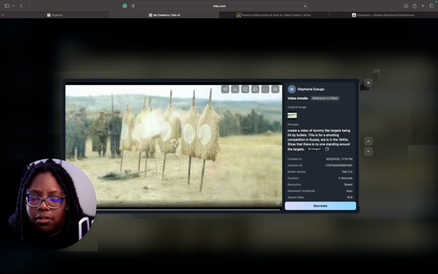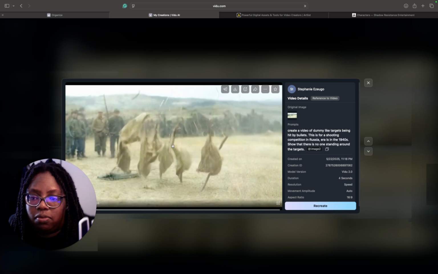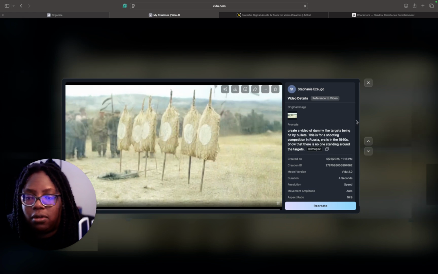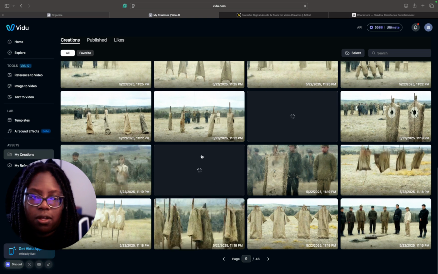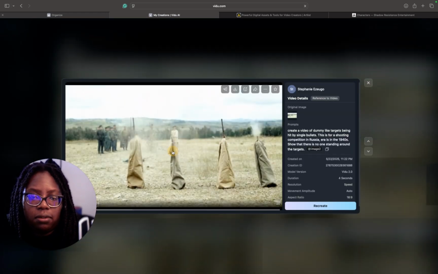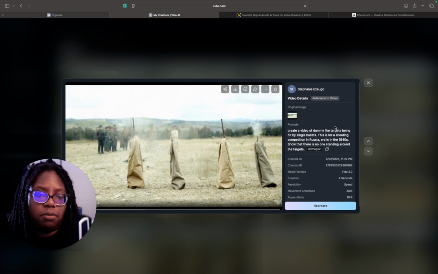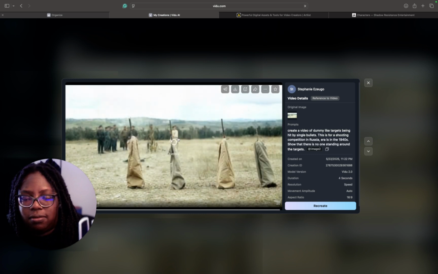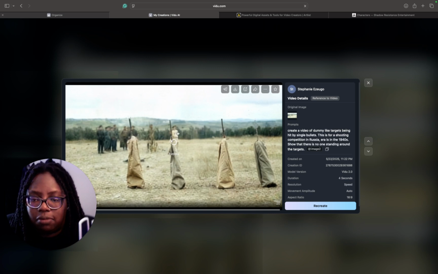So I don't know if you could tell, but I just felt like there was basically a whole gun shower going on, like multiple gunshots coming from multiple guns, and that's not what I was going for. So I had to add, and I'll just use this one because this is what I ended up using. Create a video, and again, same thing, dummy-like targets, blah blah blah. Make sure nobody's standing around, and I think I added being hit by single bullets. Now, besides that person or dummy-like thing just disappearing, this was basically the best video that I thought we could use.